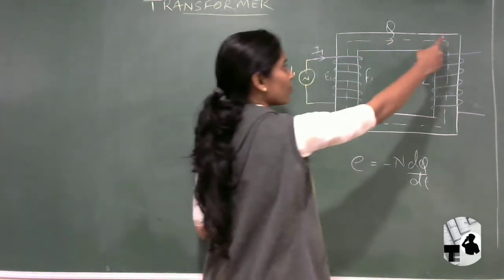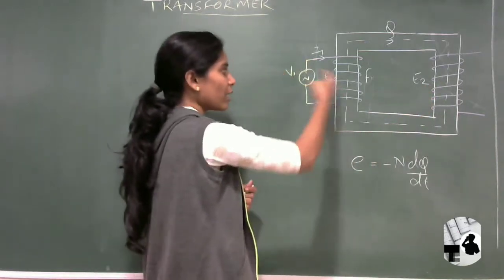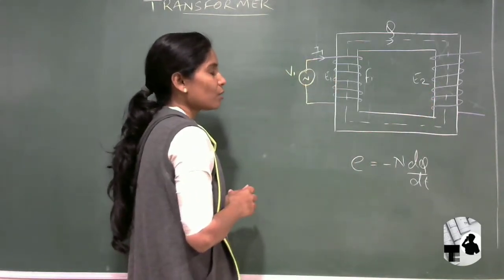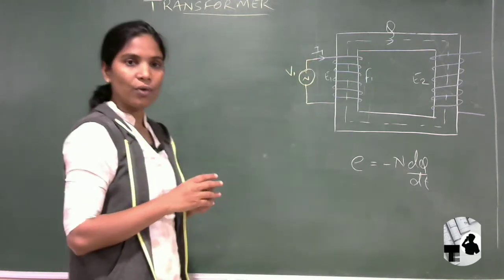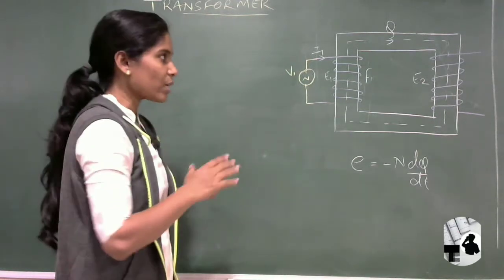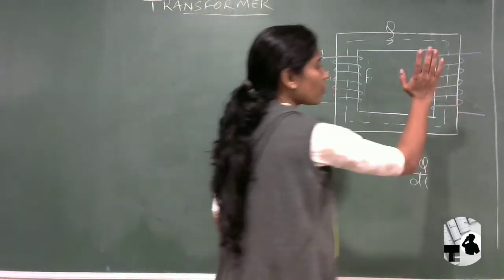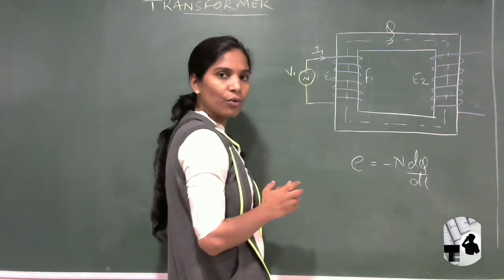Due to that, we got some flux, and flux is getting the value of E2, and with that, we are getting the value of E1. Okay, so now we are working on the ideal transformer, and that too on the no load case. No load case means what? The load is disconnected or it is not connected. Okay, so here at the secondary side, we know that secondary is the winding available for the load connection.